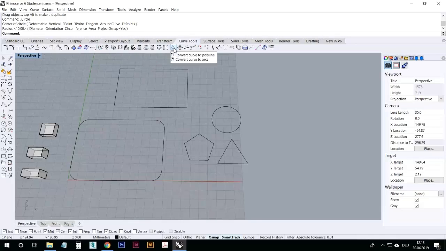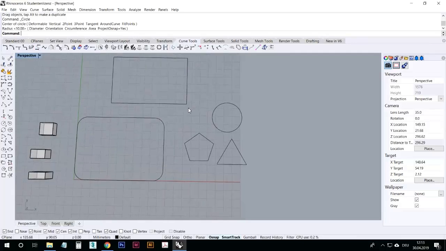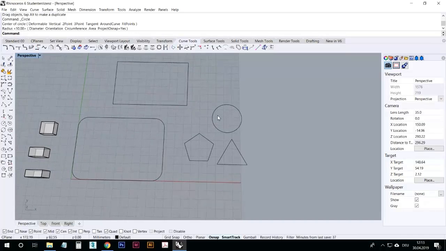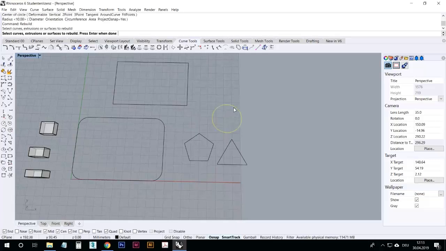You can hover all of these, and it depends if it's better for you to remember the icons or the command itself. Either you remember the icon or you remember the command. It's called rebuild, and in my case, I rather go for typing. So I swap between typing and choosing an icon, and I must say I usually type the most. So rebuild: select curves, extrusion or surfaces to rebuild. Then you answer the question by selecting the curve you want to rebuild, and you click enter when done, and